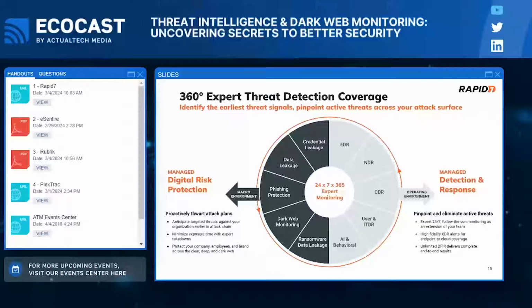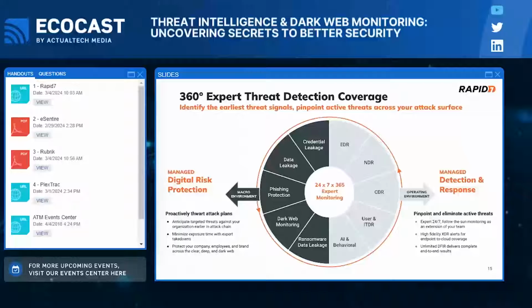So important to us. And so you've got that 360-degree view when we combine these two services together. There's a question in the chat to the effect of, do I have to purchase both together? So again, managed digital risk protection is an extension option on top of our managed detection and response services. So you can start with our MDR services, which many customers do, and then you can expand to MDRP when you're ready. We have lots of different packaging options to meet your unique needs.